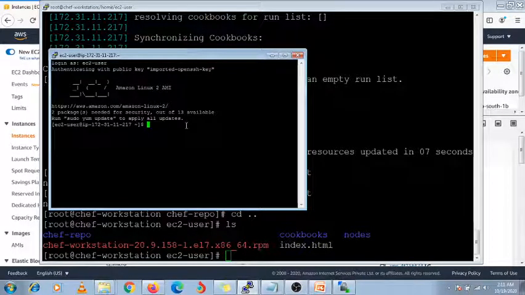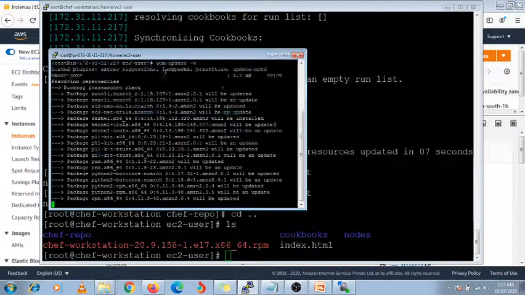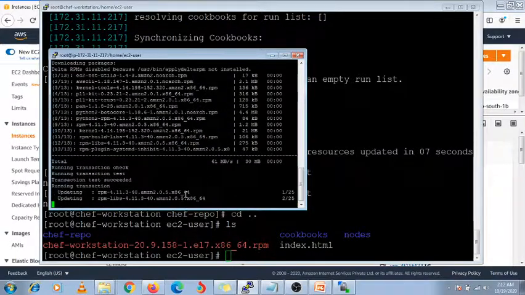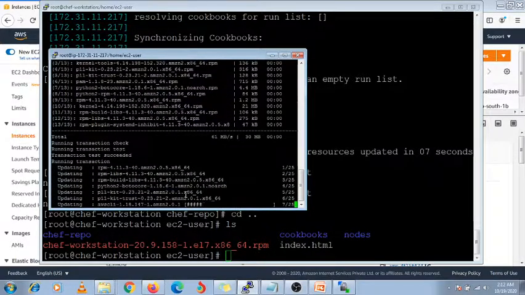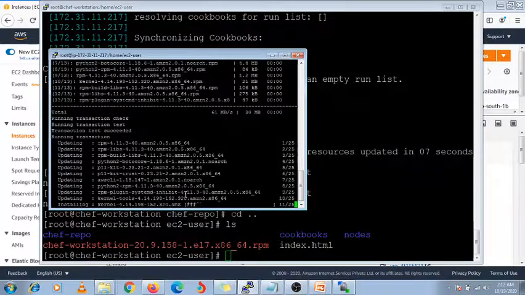ec2-user, sudo su, enter, and you just run yum update -y. If there is any update available, you can run this command. Whatever updates are available, it will install automatically.